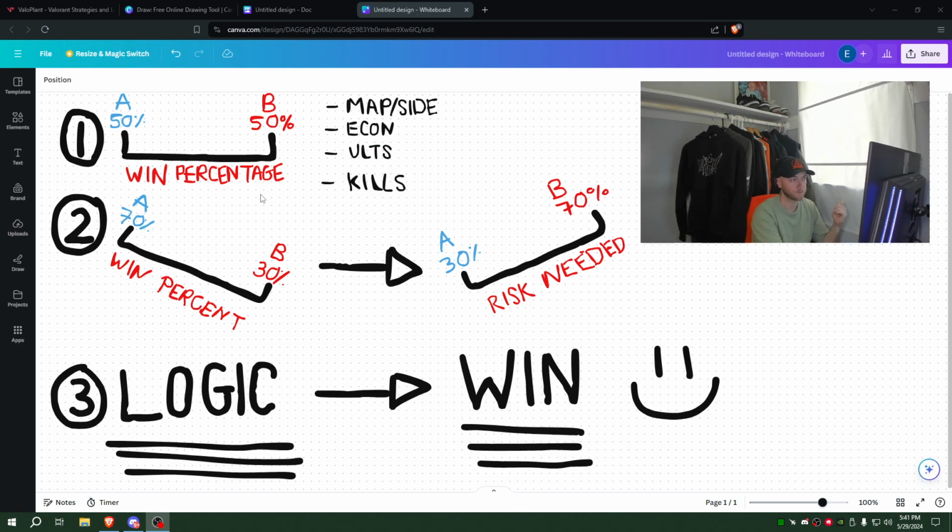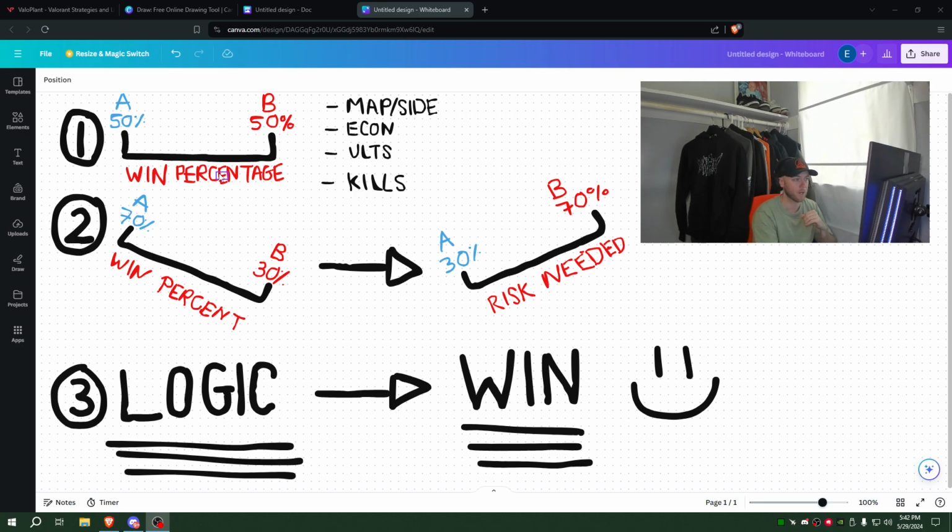Okay, and same thing for Lotus. On Lotus, the attack side will always have the advantage at the start of the round if you just have equal ults, equal kills, equal economy, right? So this is very important to consider, okay? Now, this is, again, never really the case, right? There's always going to be some impact from the map over the round, or there's going to be some type of ult involved, or there's going to be a team that's saving and another team that's saving.